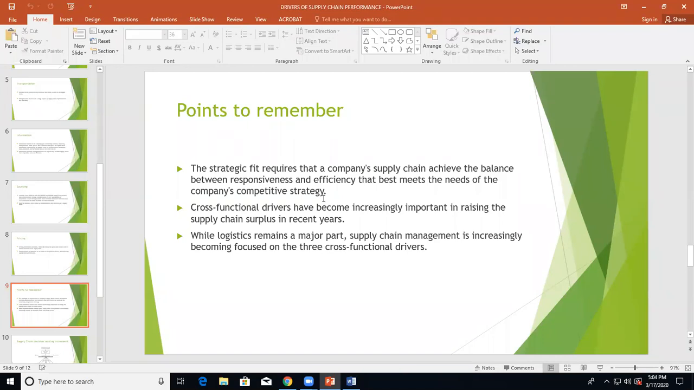You have to take care of your customers as well. So responsiveness and efficiency both are important, that best meet the need of the company's competitive strategy. अब ये आपको देखना है कि आपकी competitive strategy किससे satisfy होगी. Competitive strategy आपको याद होगा कि we made a competitive strategy on the basis of the quality, the responsiveness, the